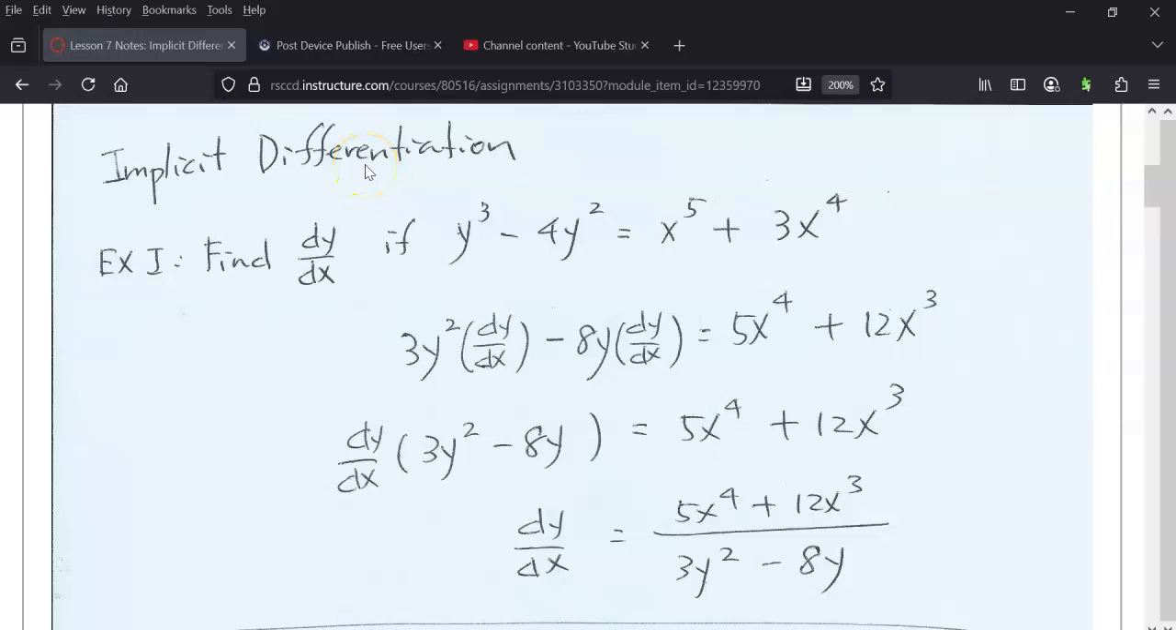Implicit differentiation. Example 1. Find dy/dx if y cubed minus 4y squared equals x to the fifth power plus 3x